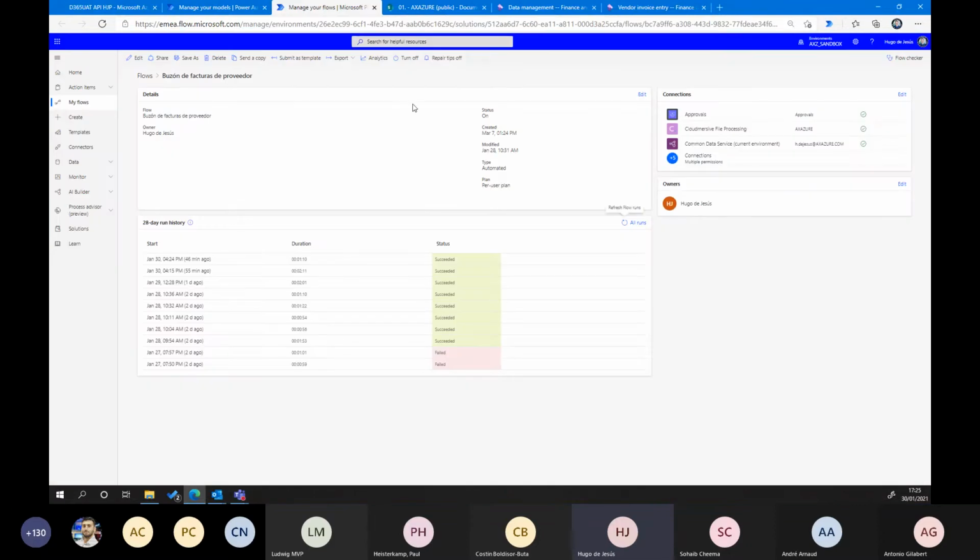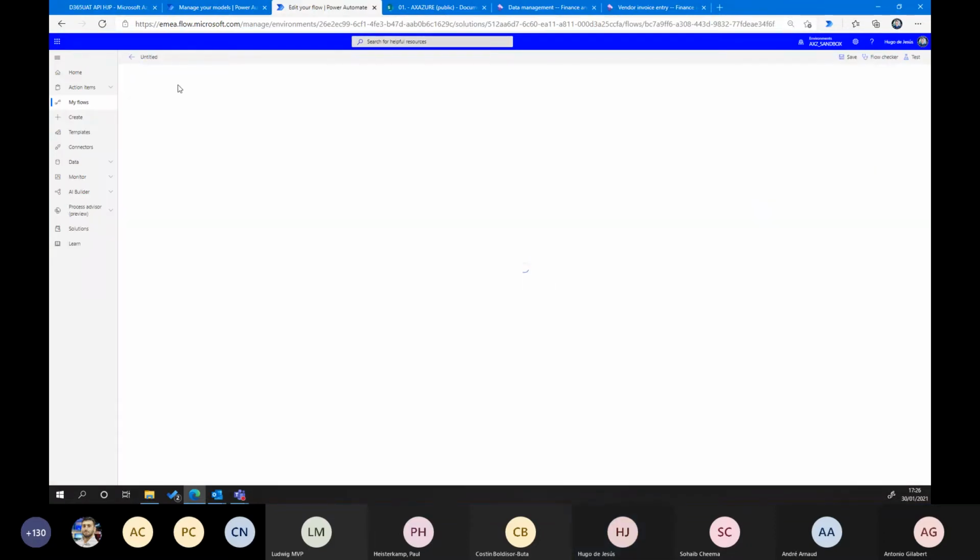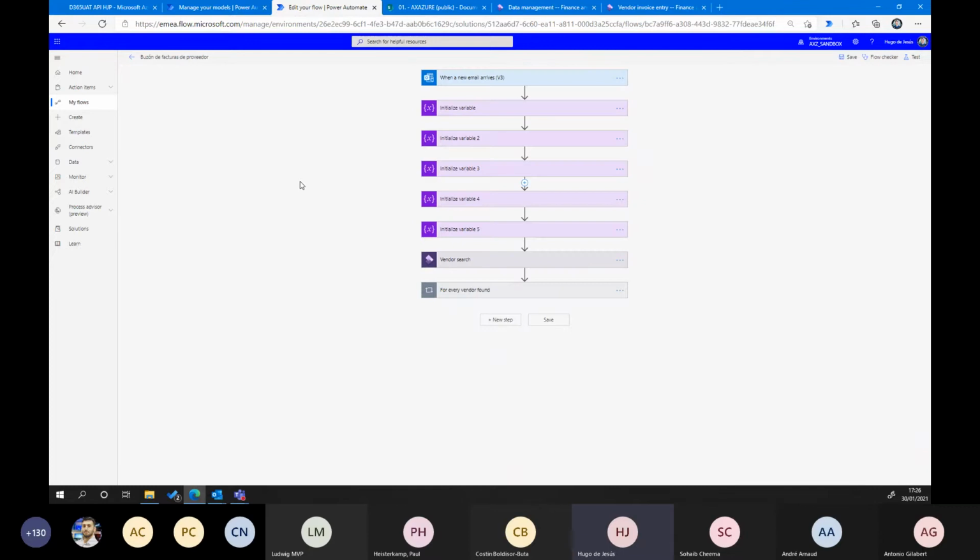we can create this Power Automate. This is our Power Automate. It's a simple one because, of course, we can't spend a lot of time handling all the errors that normally happen. But for demo purposes, it's enough.